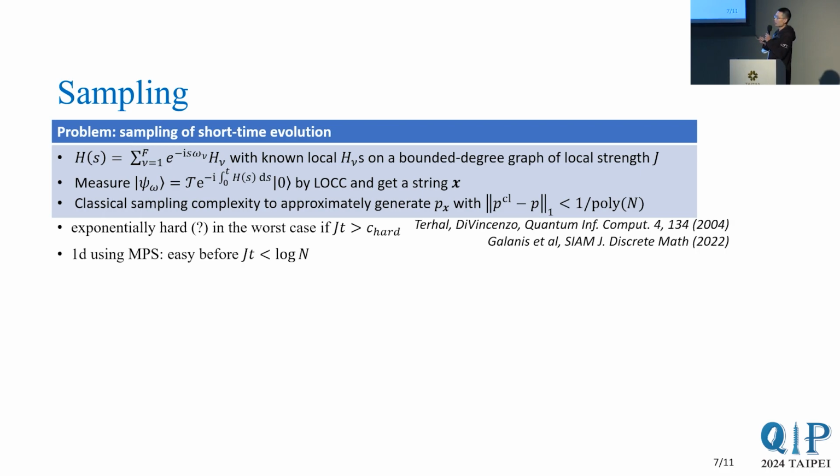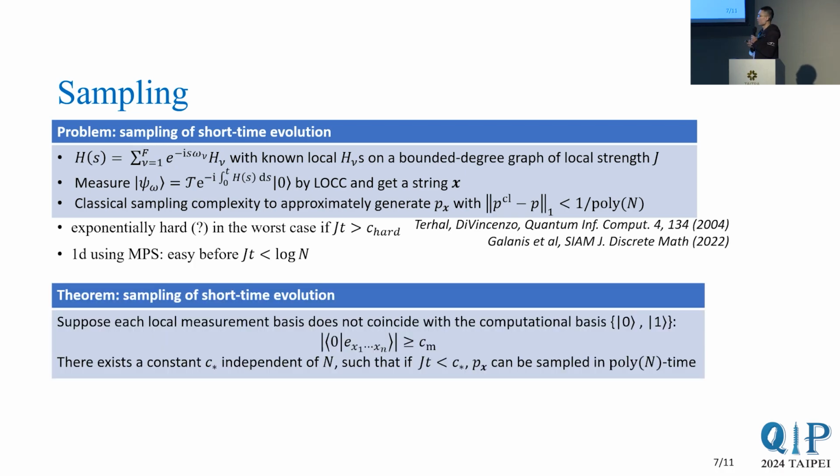So there are reasons to believe that this task is hard in the worst case if JT is larger than some order 1 constant, even in 2 spatial dimensions. And 1D is special, where one can actually use matrix product state ideas to show the easiness before some log n time. And our main result is that for general bounded degree graph, actually, if you assume some extra condition,